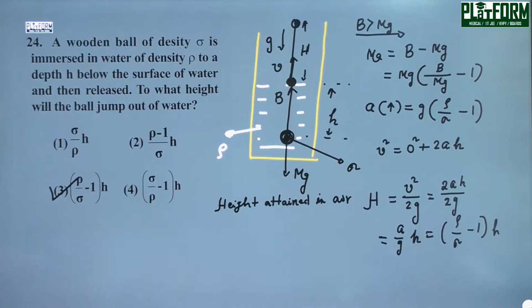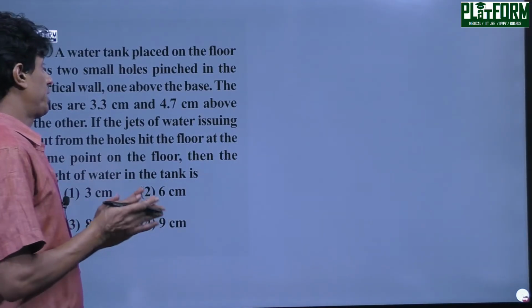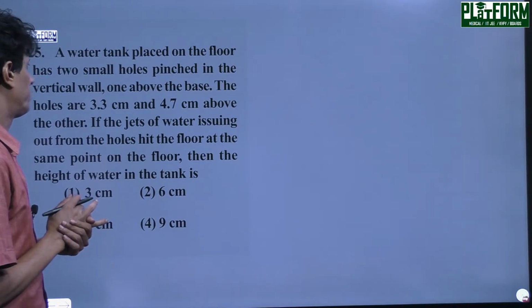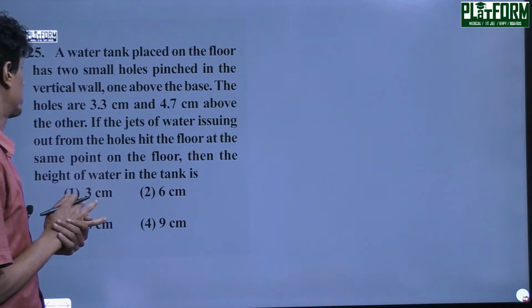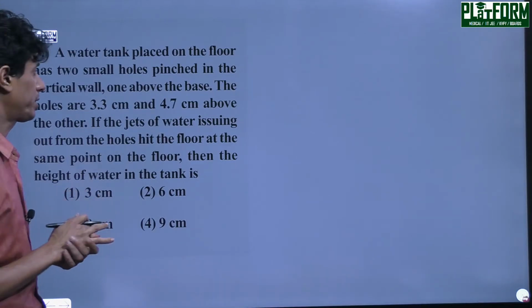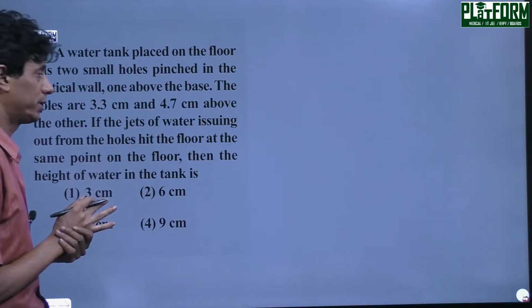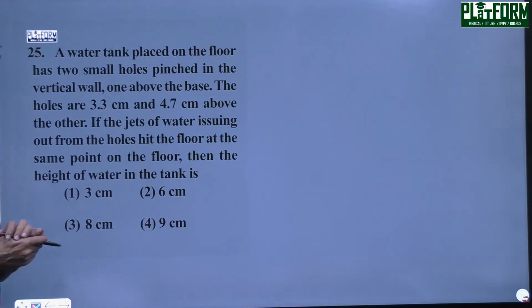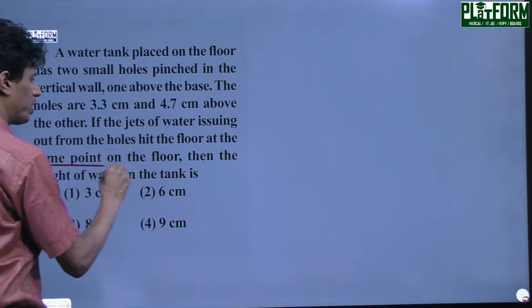Next problem. Question number 25. A water tank placed on the floor has two small holes punched in the vertical wall, one above the other. The holes are 3.3 cm and 4.7 cm above the base. If the jets of water issuing out from the holes hit the floor at the same point,